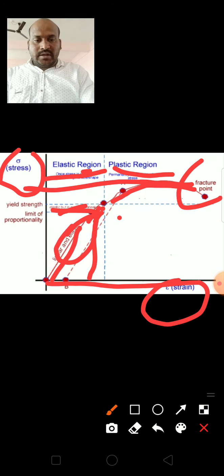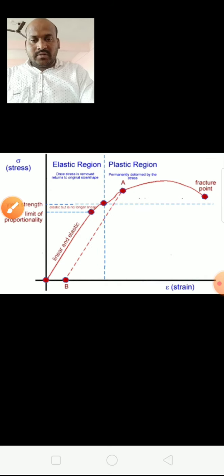Hope you understand this class. It is a very easy concept that you studied in this class. Again I am going to revise. So first, what is elastic and what is deformation. Deformation is a change of the shape and size, and the force responsible for changing the shape and size of the object is the deforming force. Elasticity is the property of the object, the tendency to regain its original shape and size after removing the force.